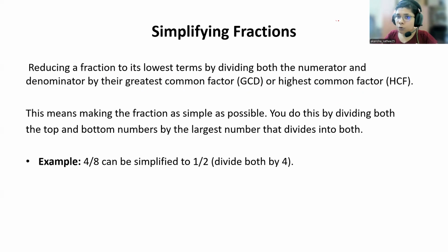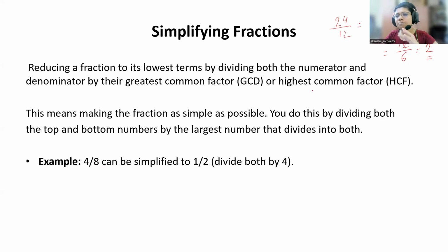As I told you, suppose you have 24 and 12. So, you know that 24 and 12 both are divisible by 2. So, 24 can be written as 12 into 2. 12 can be written as 6 into 2. So 2 and 2 both are common. So this fraction is the same as 6 by 12. But 6 by 12 is equal to 2 because 6 twos are 12. So it is 2. So that is how you can simplify it.